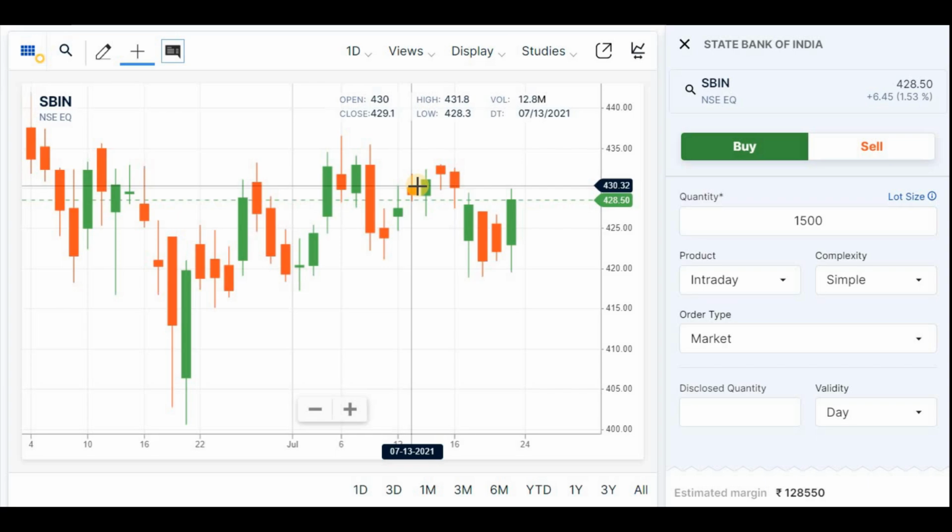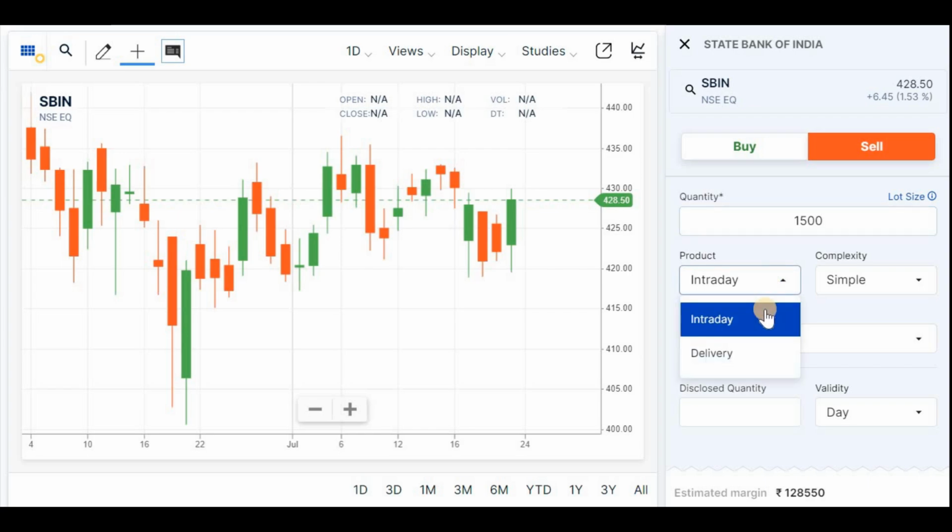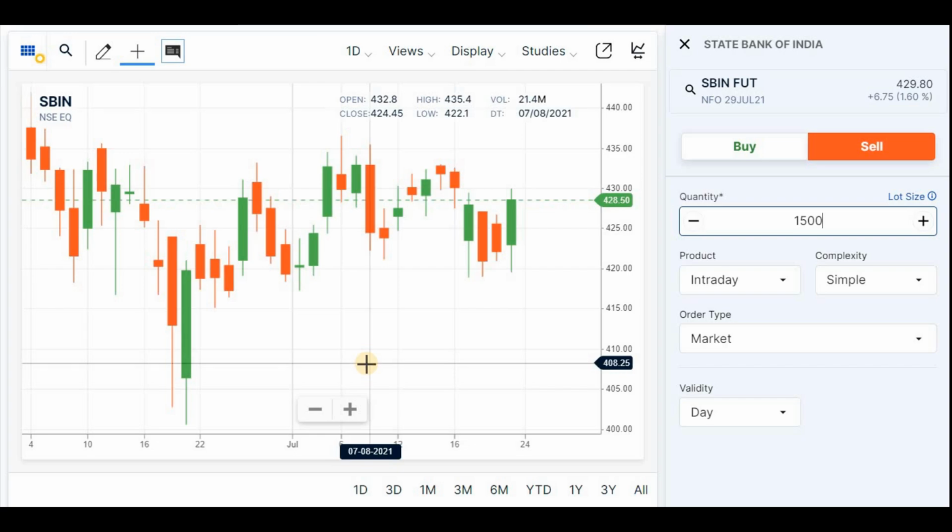If you feel SBI stock is bearish, then you can short sell this SBI stock in intraday for the same 1.28 lakh rupees, but you cannot short sell the stock in delivery. Why? Because your broker will not allow you. If you want to short sell SBI and hold for more than 1 day, then you